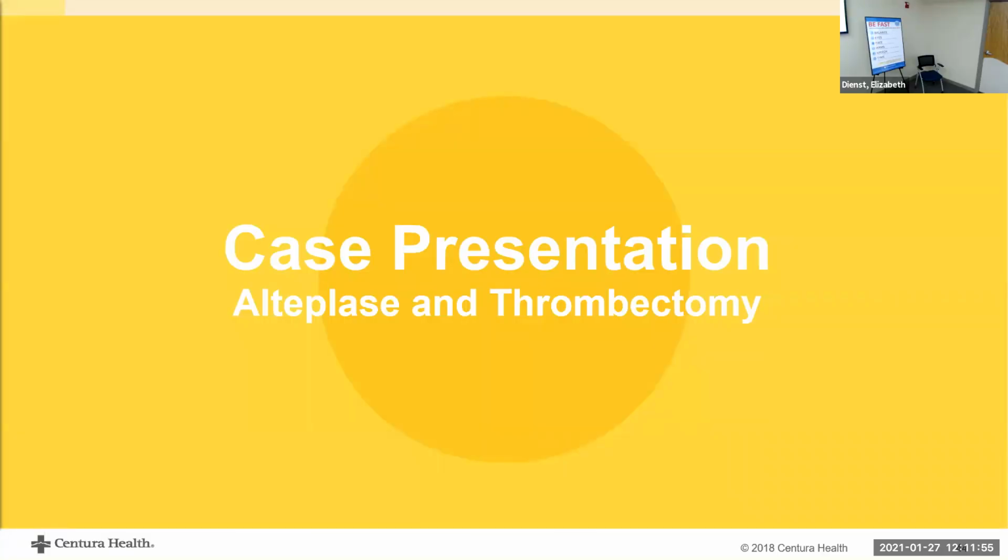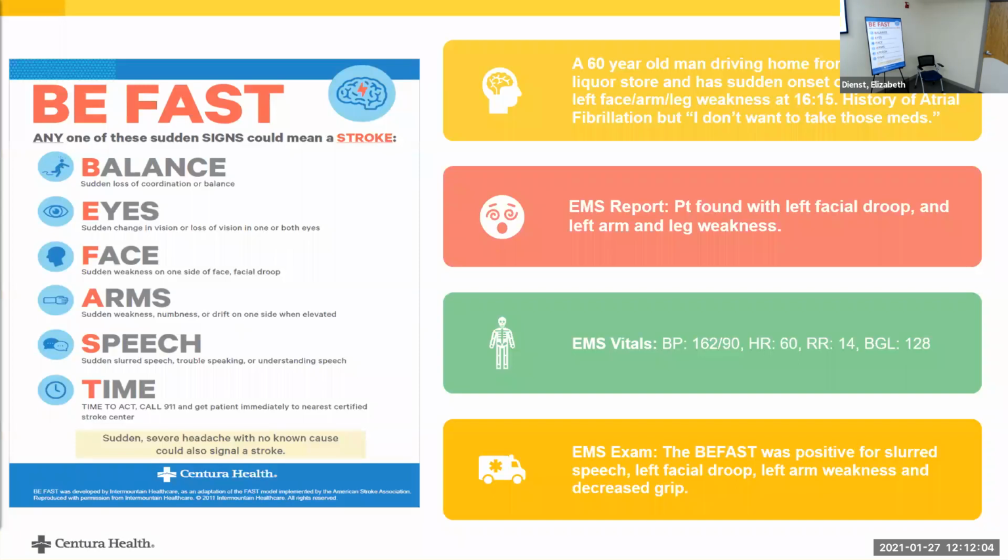All right, so now we have a case presentation, and Melissa and I are going to do this together. So this was a patient that got both TPA and thrombectomy. So again, with your BFAST tool, you've got a 60-year-old man who was driving home from work, and he stopped by the liquor store, and he was drooling, and he had some problems with his left face and left leg weakness. And it started at 16:15,